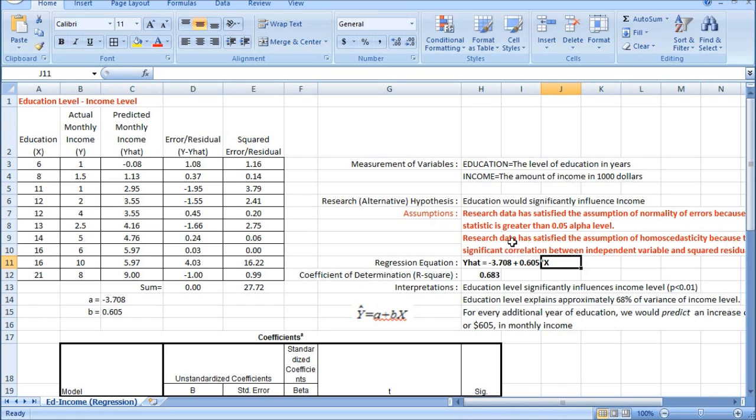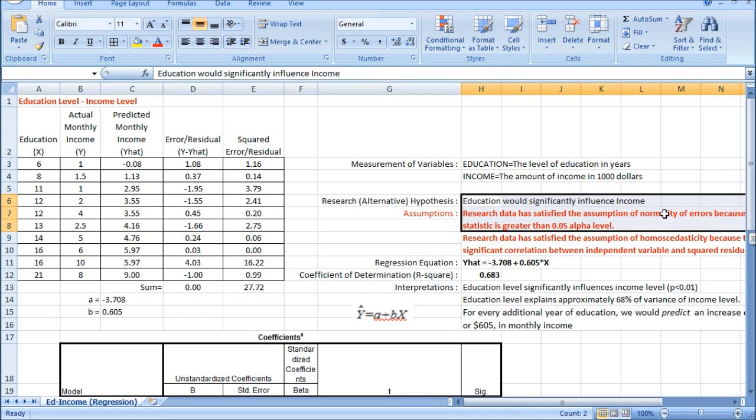Now this is a sort of complete set of regression analysis. Okay, first you're gonna set up the alternative hypothesis. The null hypothesis is always no difference, no relationship, something like that.